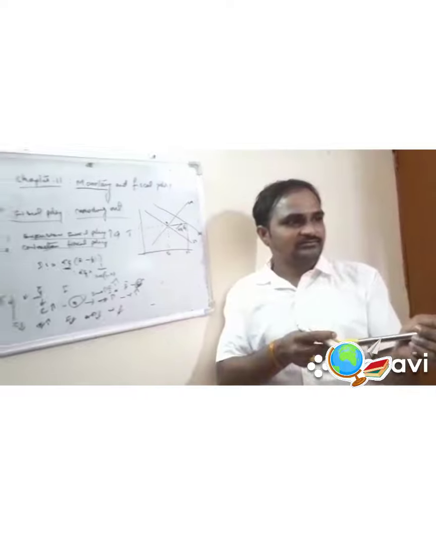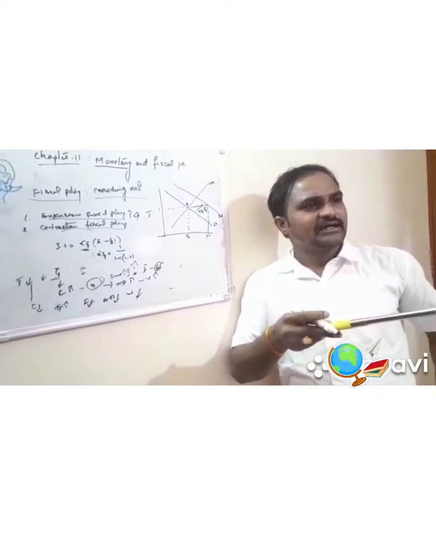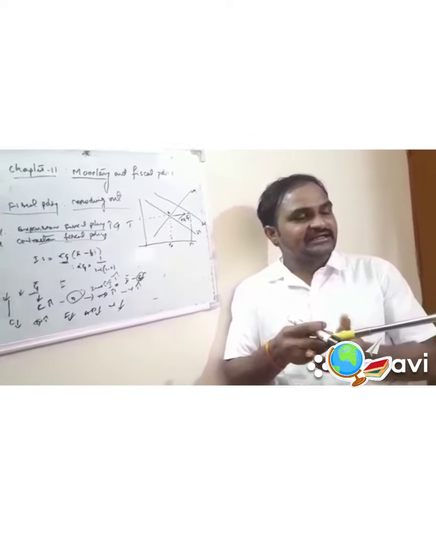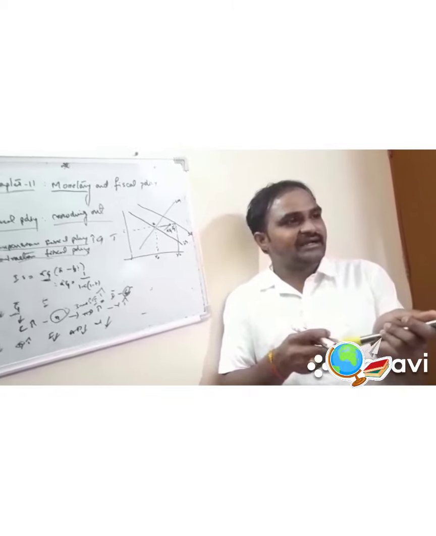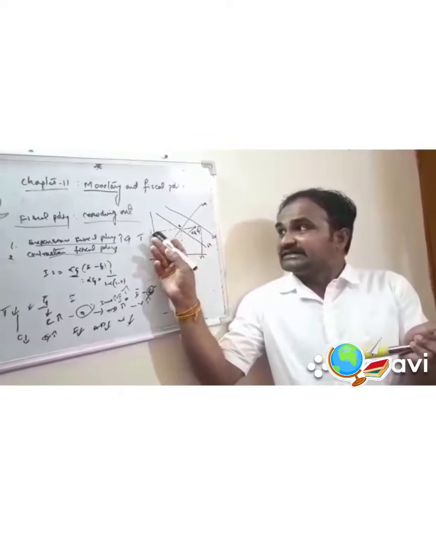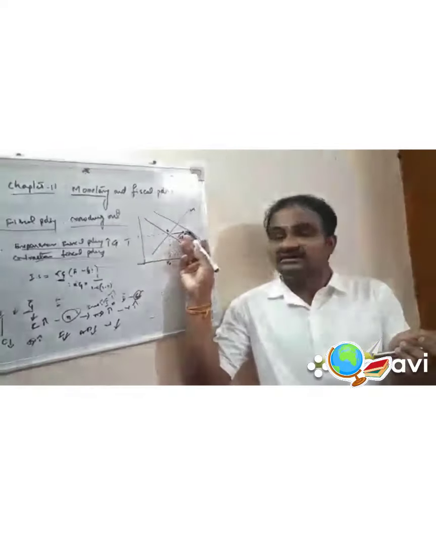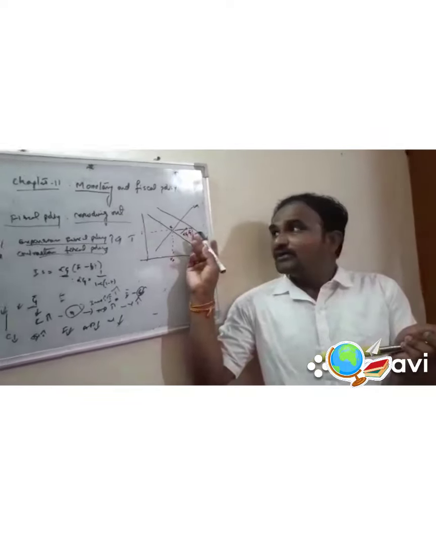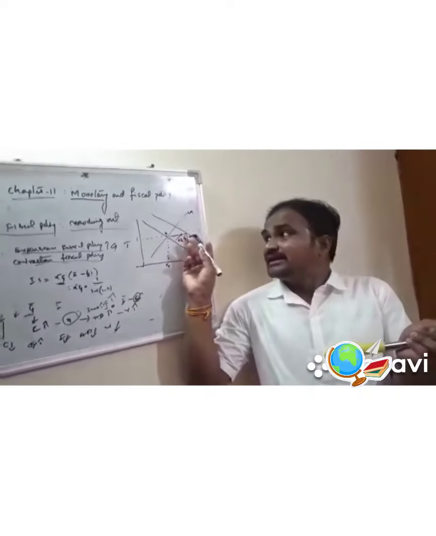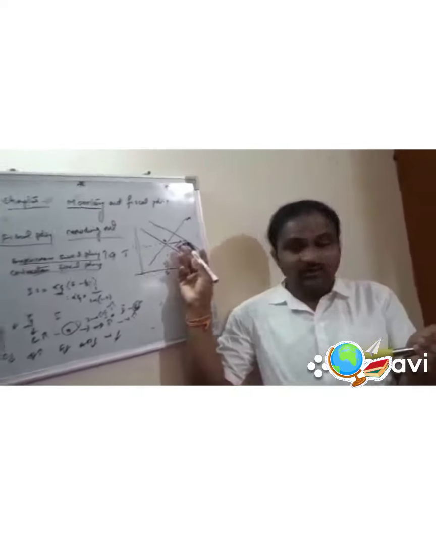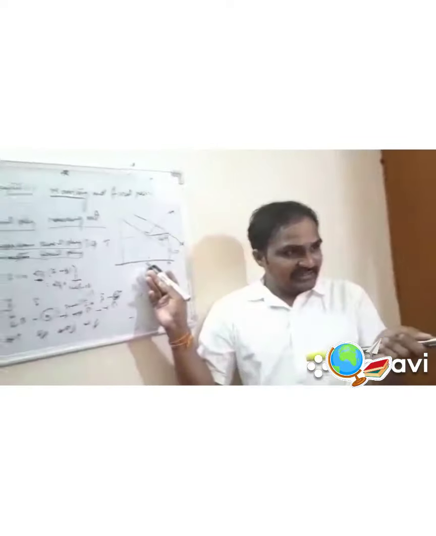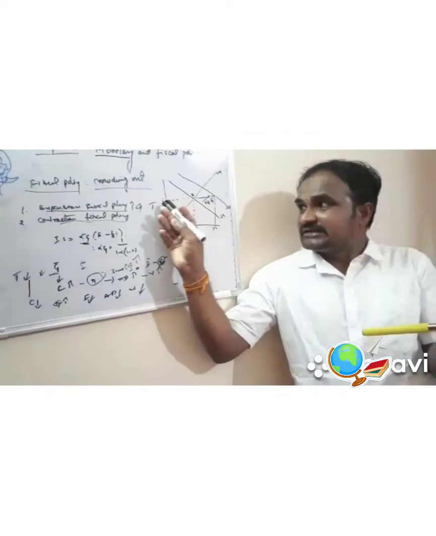At that rate of interest, income is increasing to OY1. Look here, what is happening? If the level of government expenditure increases, the public investment spending increases. Due to increasing investment spending, the aggregate demand curve shifts, that is, the IS curve shifts rightward. But the rate of interest is the same. There is no change in the rate of interest. Why? Because there is no monetary policy change here. Whatever the supply of money, the same level of money supply remains, and the rate of interest is I.